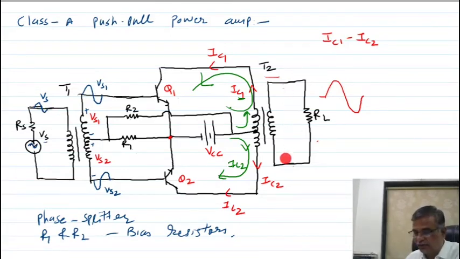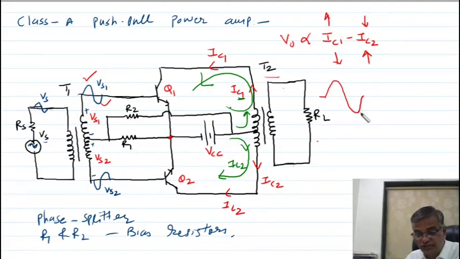Again the voltage developed across secondary is proportional to the difference of this collector current. So you can say, let me use output voltage proportional to this. So as in the first half, this increases, this decreases. In the second half, this decreases, this increases. In the second half, IC2 is more than the IC1. As a result, you will get the voltage across secondary of the T2 will be reversed, that I am showing you here.